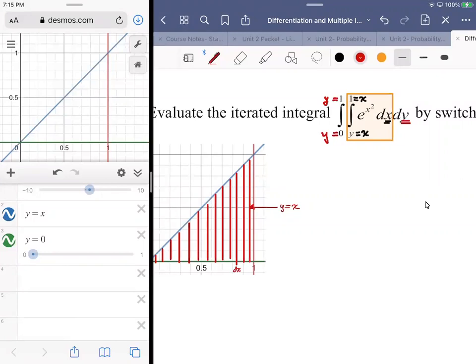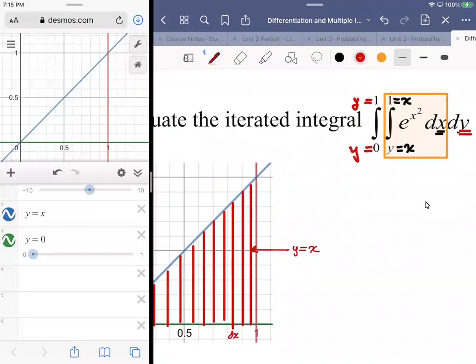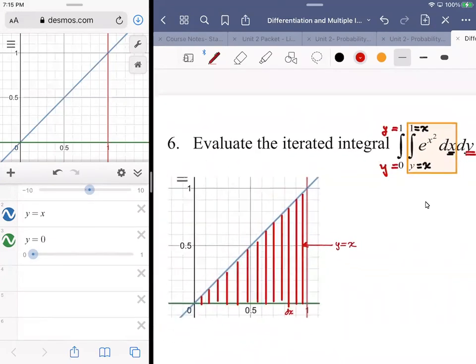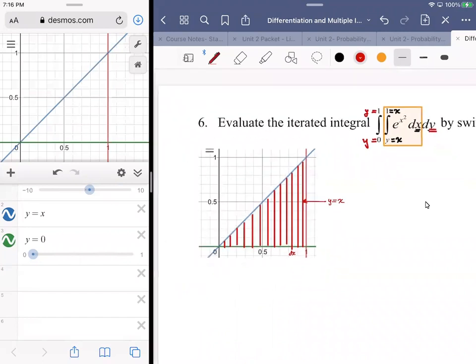So what we're saying is to restrict that from a y value of 0 to 1, right? I don't want to go any higher than 1. Because I really can stay between x equals y and x equals 1 for x, but in terms of the length, I could keep going, so I need to have that extra restriction on the other end, to allow the thickness to only go so far. So what this is telling me to do